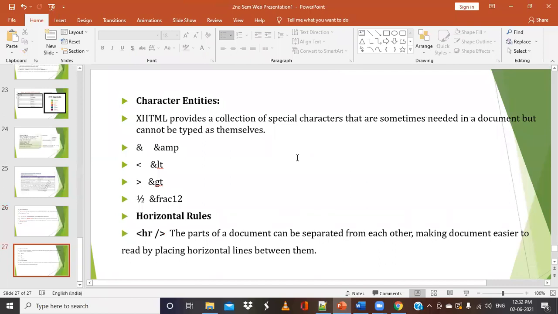Some of the symbols may not be there on the keyboard. So if you want to display such important characters, then we have some special character entities. Whenever you want to display, for example, greater than, less than and so on, those things cannot be displayed directly on a web page. For that we need to use these character entities.